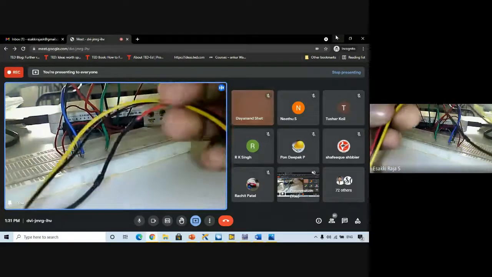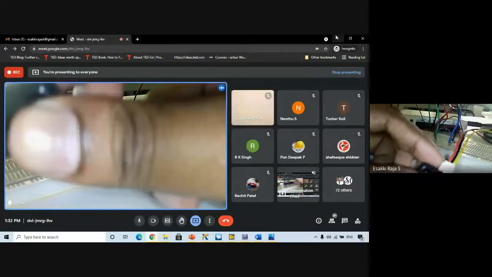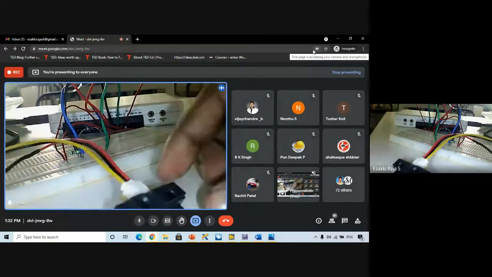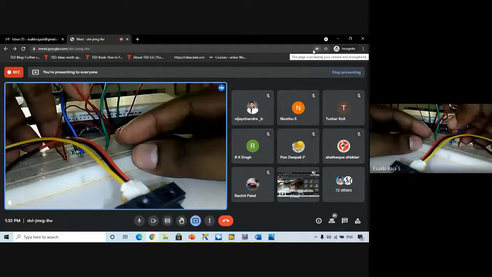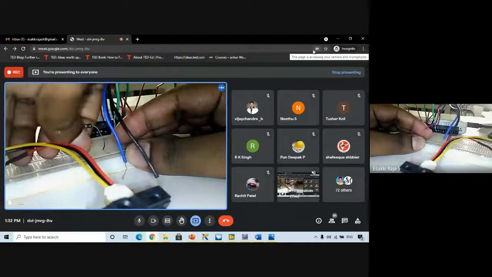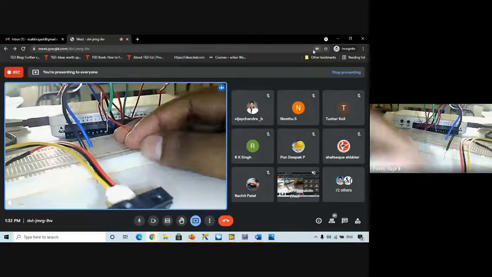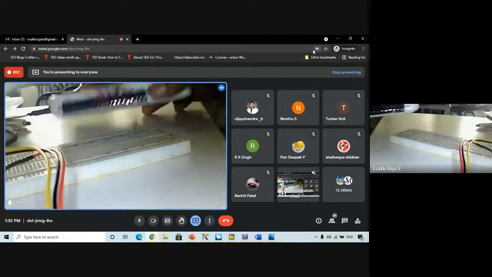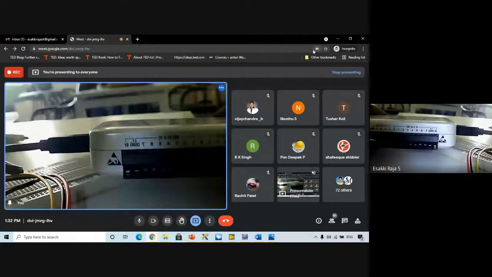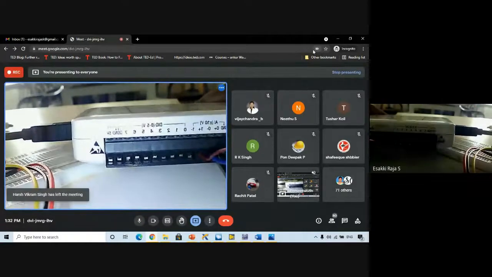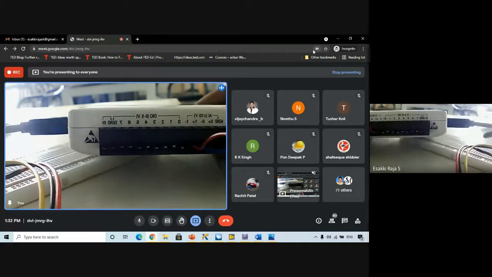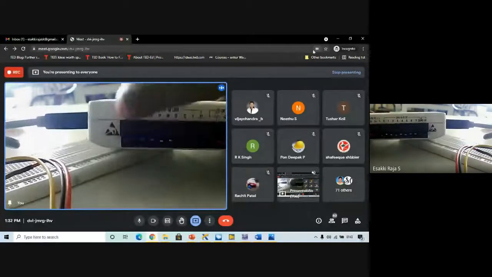So I'll show you interfacing a sensor with this hardware. First I'll show you the connection, so I'll remove the existing connections. The first step is I have to provide input for my sensor, right? To provide an input in your DAC, you can see there is a 5-volt terminal, the last one. That is actually a 5-volt terminal.